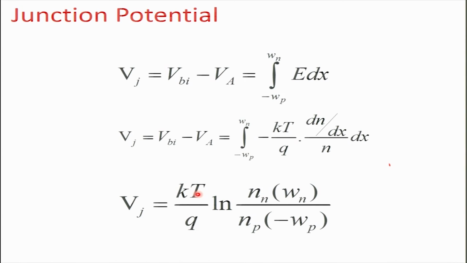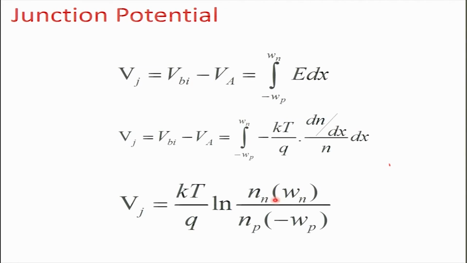So, this is what we have established till now. We will take this further in the next class. Next class we will look at the minority carrier concentration calculation. From this relation for the junction potential, you can calculate the minority carrier concentration on either side, okay. You can write a similar equation for holes, and then calculate the carrier concentration in terms of the junction potential. We should then move forward with our analysis of carrier concentration calculation and current estimation, okay.